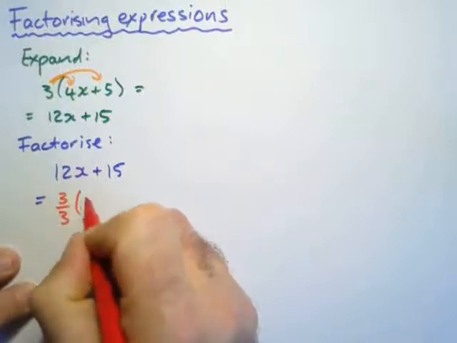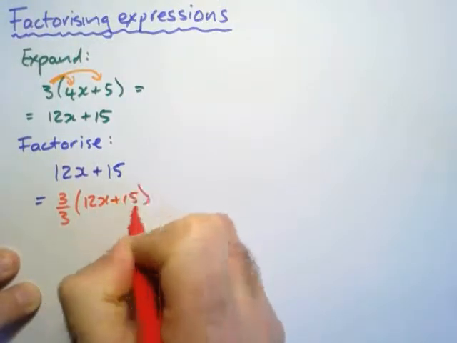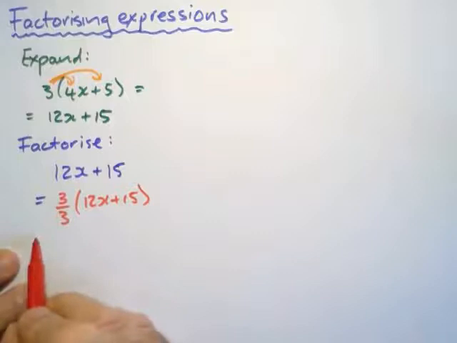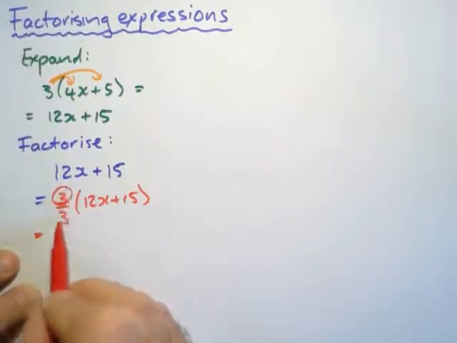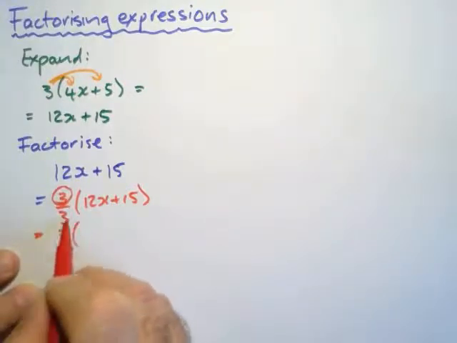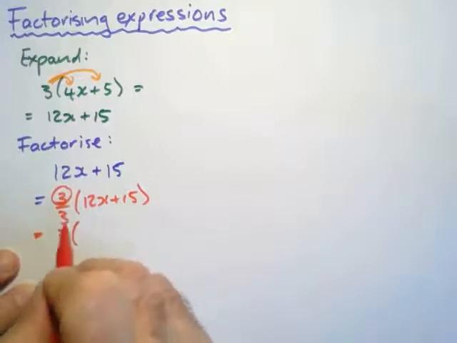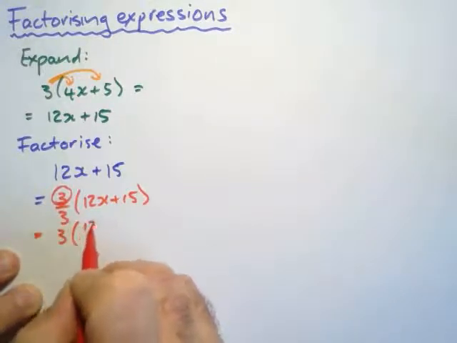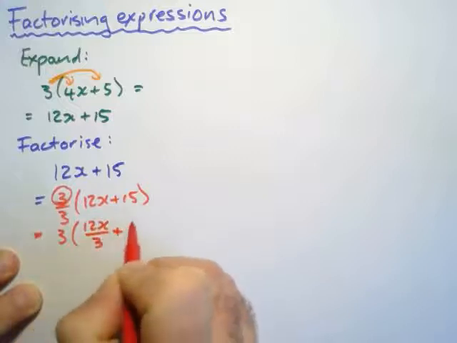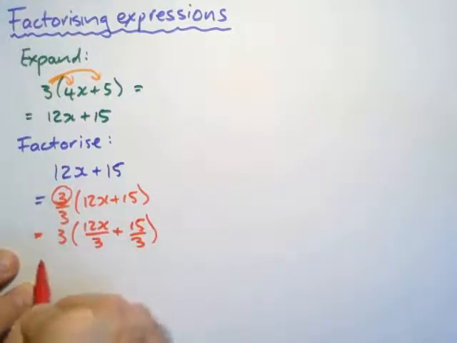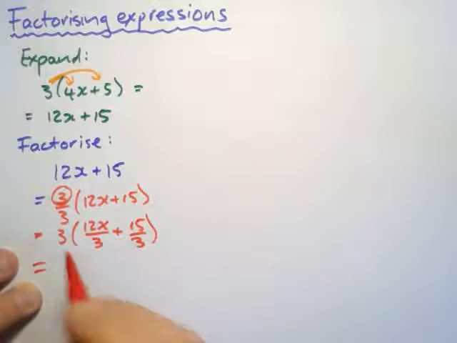So this is 3 over 3 times 12x plus 15. I keep the 3 outside and break this up. I keep the 3 inside and multiply the 3 in. This is divided by 3, so I divide each thing inside by 3. This is what I actually do, and then your answer is